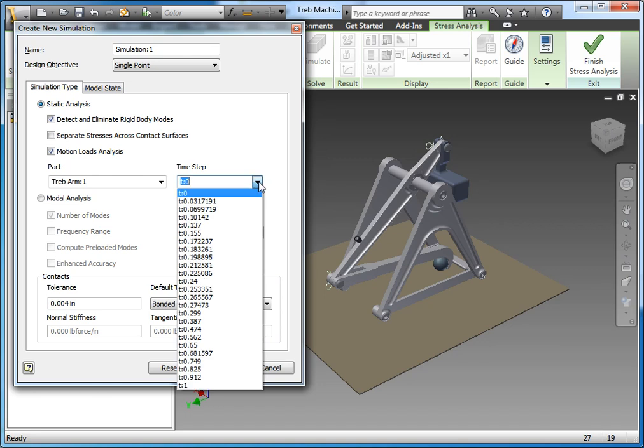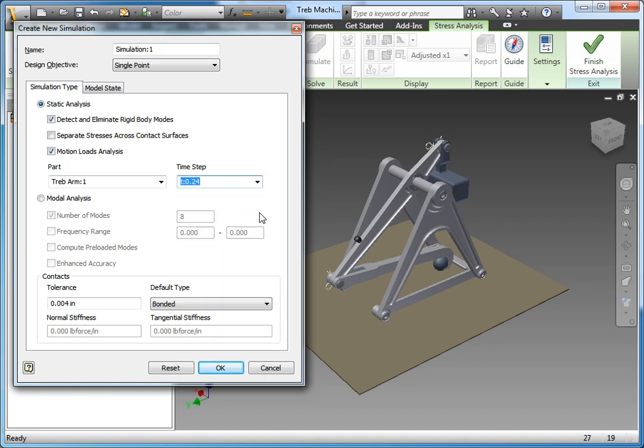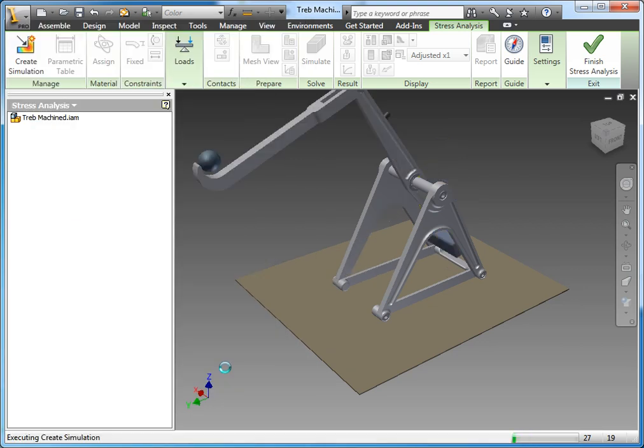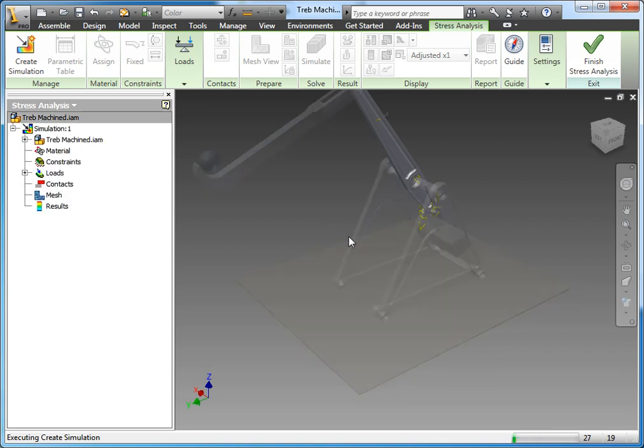So we're going to just pick somewhere in the middle and hit OK. And what that will do is move the model into position at that time during the simulation,